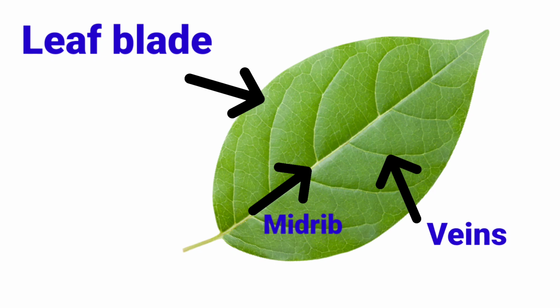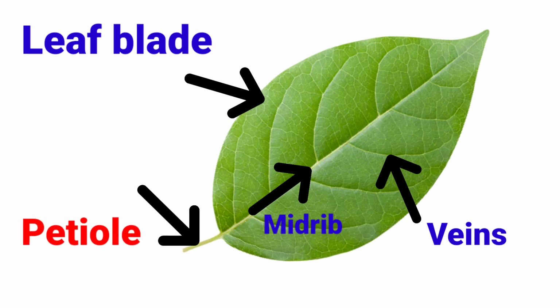They are of different types depending upon the type of edges, the patterns of the veins, and the number of blades per leaf. The petiole is the stalk-like structure which connects the leaf blade to the stem. The petiole has tiny tubes that connect the veins on the leaf blade to the stem. Some of these enable water transport to the leaf while the others carry food away from the leaf to other